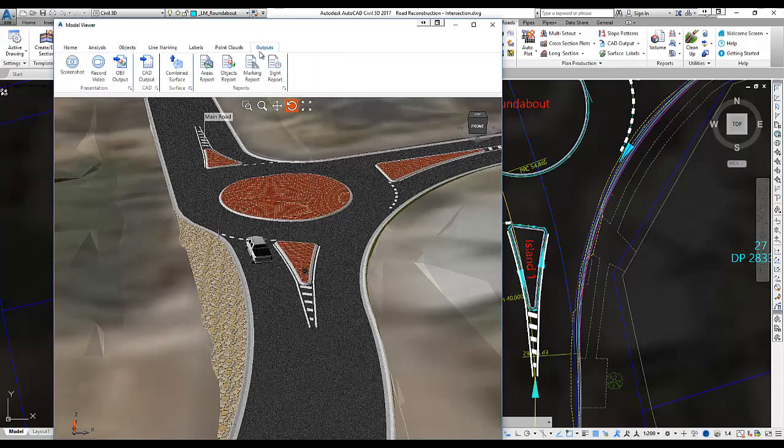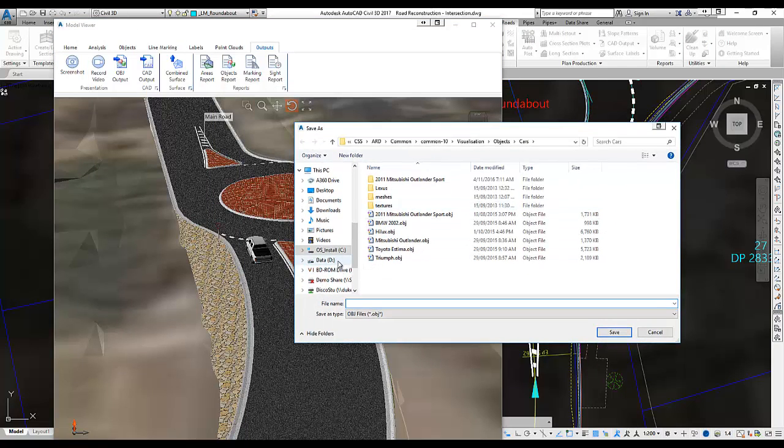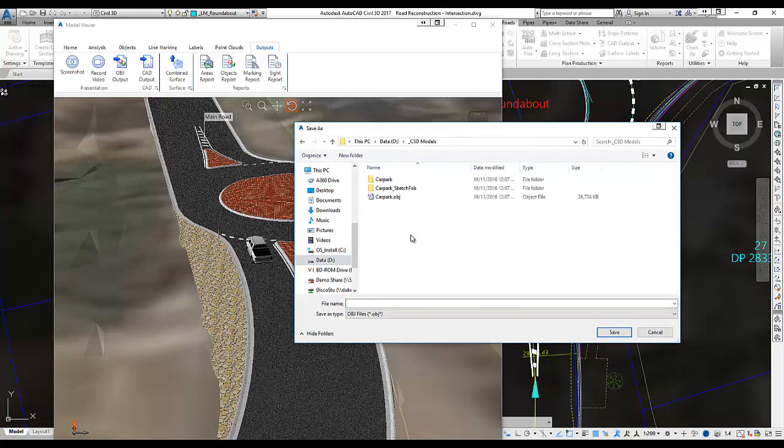So if I go to the Outputs tab, we have a new command here called OBJ output, and that allows you to then bring the visualization into a program like Blender, or upload to a website called Sketchfab, which I'll talk a little bit more about. So if I run that command, I'm just going to give this file a name. We'll call it Intersection Reconstruction. It's actually going to output a number of files, one being a folder with the suffix Sketchfab. So if I click on Save to that,